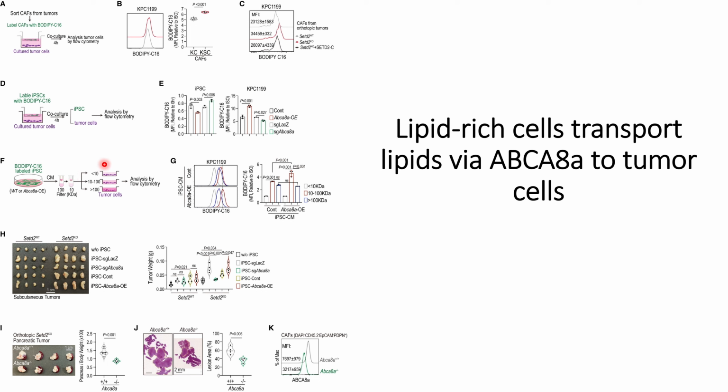These are the 3 conditioned media that they use to culture the tumor cells, and then they analyze the results by flow cytometry. What they have found out is that for the 10 to 100 kilodalton range, they see an increase in the BODIPY C16 signals, which indicates that it's the fatty acid in the culture medium that helps in the transport of